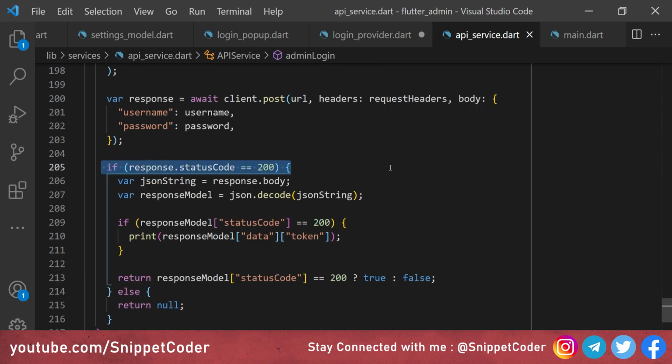Then we are checking here if response.status code is equal to 200. That means we are successfully logged in. Then we are getting the JSON here, which we are getting from the server. And then in the JSON we are doing the decoding part. And then we are checking here if the status code of that JSON is 200, that means we are getting a token. In case of invalid token, we might get some other status code also, and also in the case of invalid login also we will get the status code as a different. Then we are printing a token. Then we have the response model status code, and we are passing it 200. In the return, we are checking here if the status code is 200, then we are passing it true, else we are passing it false.